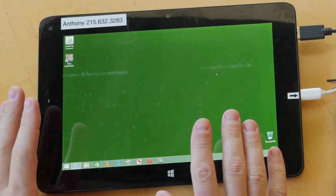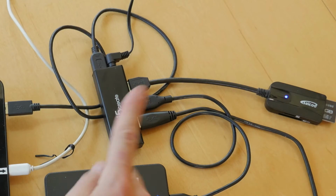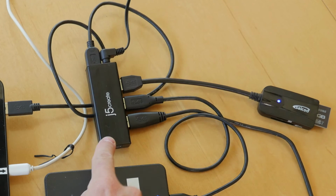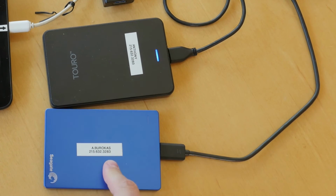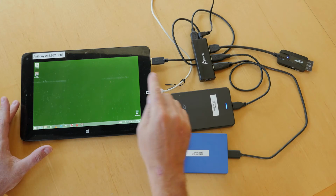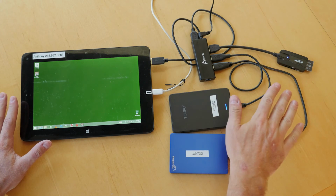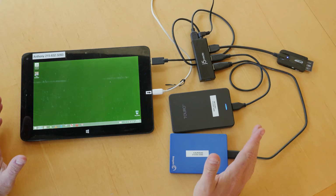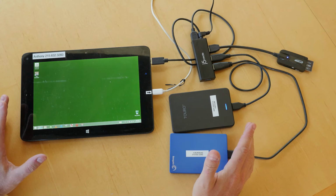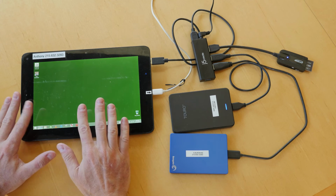I've got my WinBook here. You can get a WinBook for under $100. I have a powered USB hub here that has a USB 3 reader and then 2 USB 3 hard drives. You're not going to find a tablet that's going to power multiple drives and readers at the same time. You have to go to a full-fledged laptop for that. And if you want to do that, you could still use the software, but